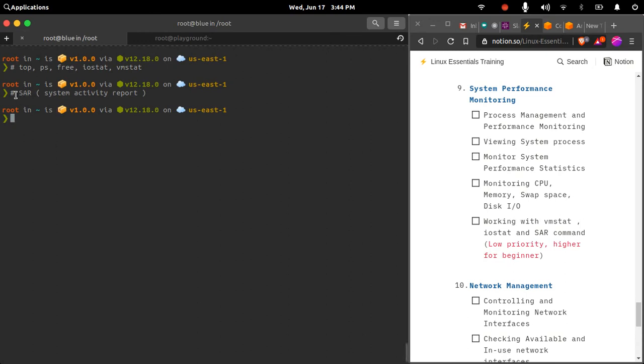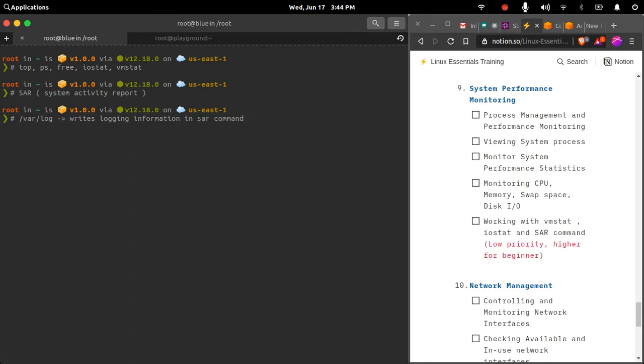This does not come pre-installed on many systems. You have to install it explicitly, and it will monitor your CPU, memory, disk performance and network performance, and write that output to a file on your file system. So basically it writes logging information in the /var/log directory.